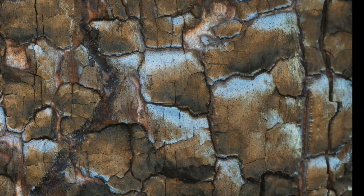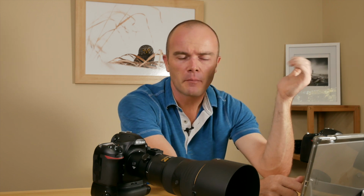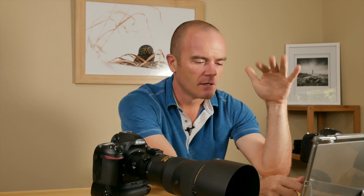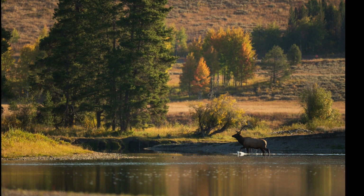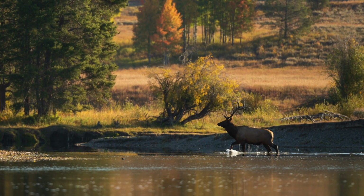Again, demonstrating, and I zoom in at 1:1 here, it's very sharp, and this is again at minimum focus distance, wide open, f5.6. Found an elk crossing the Snake River. By this time it had heated up a little bit in the daytime, and we're getting some of that heat distortion that kind of ruins a lot of images. And so this elk was long ways away, hundreds of yards away, shooting this handheld, and definitely there's some heat